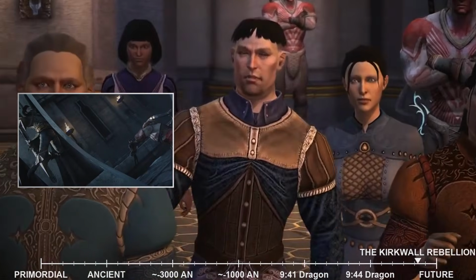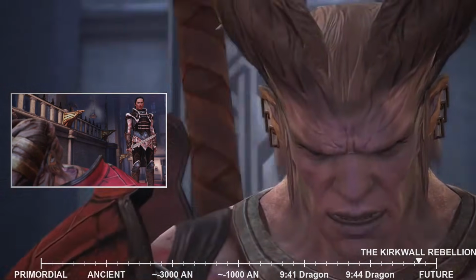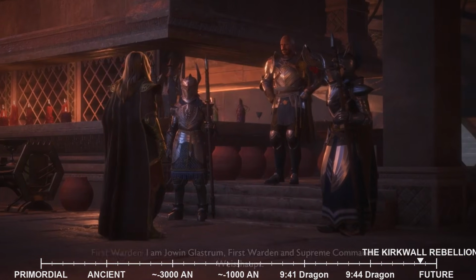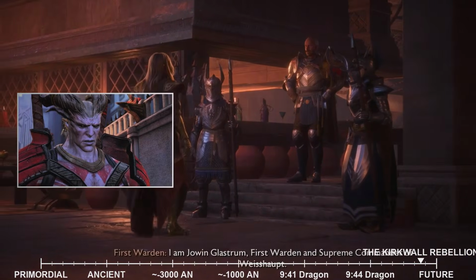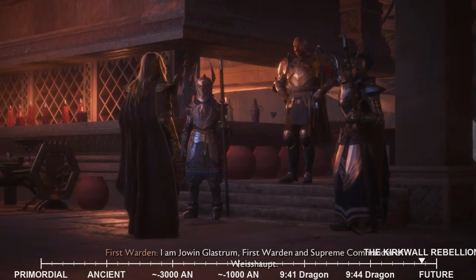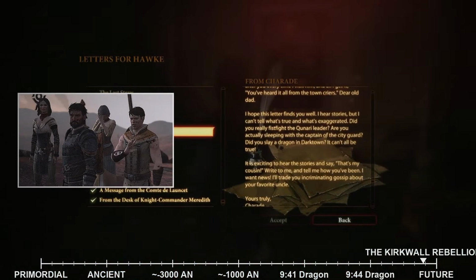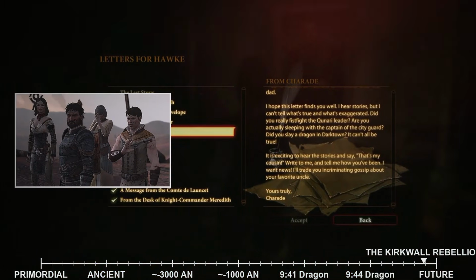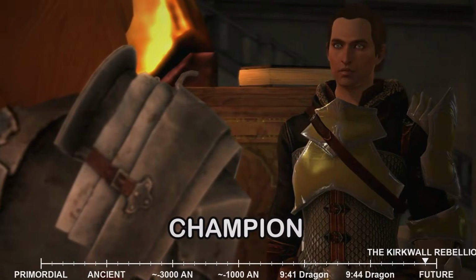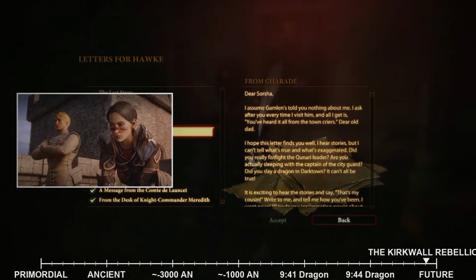The defeat of the Arishok, a figure who had embodied the Qunari's unwavering resolve and their righteous fury, effectively ended the invasion. With their leader fallen, the remaining Qunari, deprived of their guiding force, were either driven back or surrendered, and Kirkwall was saved from complete destruction. The cost was immense, with Hightown in ruins and countless lives lost, but the city had endured. For their pivotal role in defeating the Qunari and saving Kirkwall from utter devastation, Hawke was officially declared the Champion of Kirkwall. This title, bestowed upon them by the relieved, if still somewhat shaken, city authorities, solidified Hawke's place as a hero and a figure of immense influence.